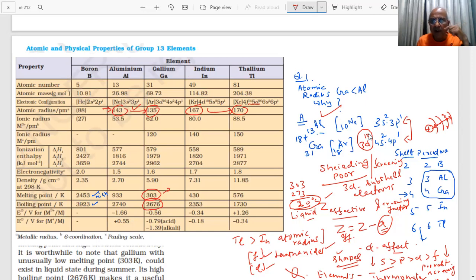And what is the boiling point? Difference 2676, very high. So, student, here you can use it for making thermometers for measurement of high temperature, because the boiling point range is very high. 1500 degrees Celsius temperature measurements can be done by this. Therefore, it is very important, student, very important. Gallium. All right. Noted? Noted. Yes, sir.